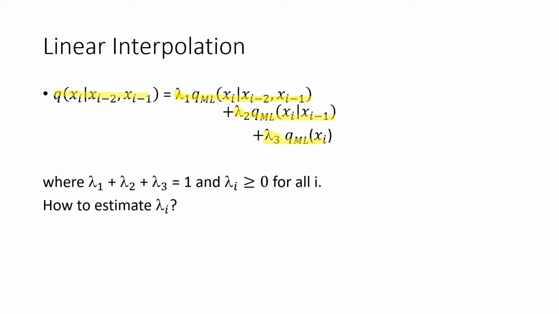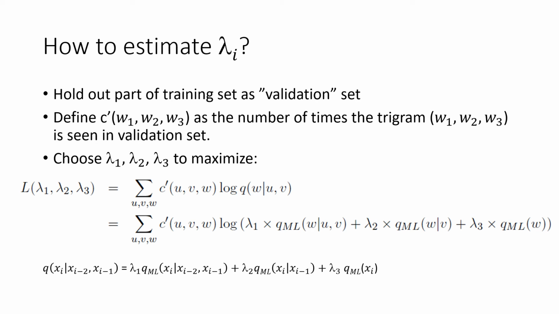These lambdas are additional parameters of the model which satisfy this equation. So the lambdas sum up to 1 and each lambda is greater or equal than 0. So the question is how to estimate these lambdas. The answer is to hold part of our training set